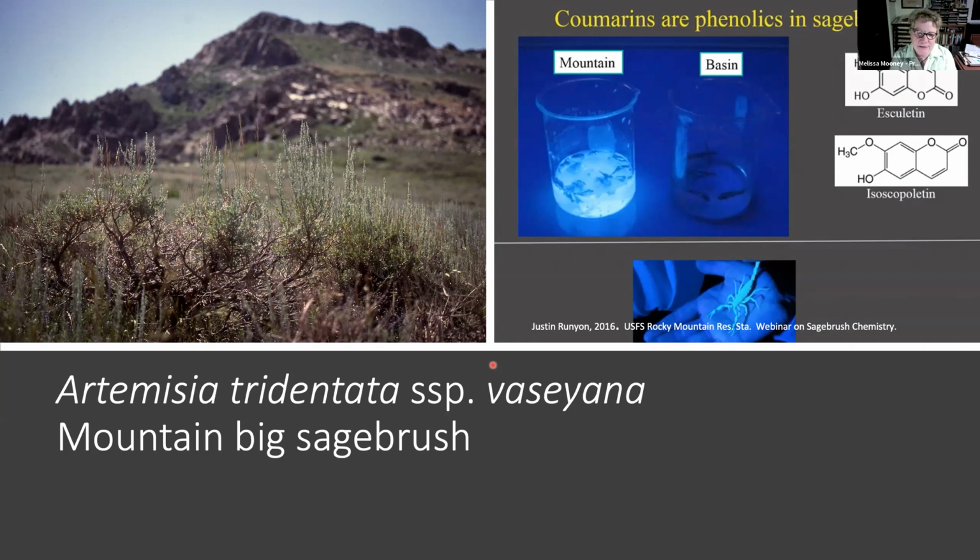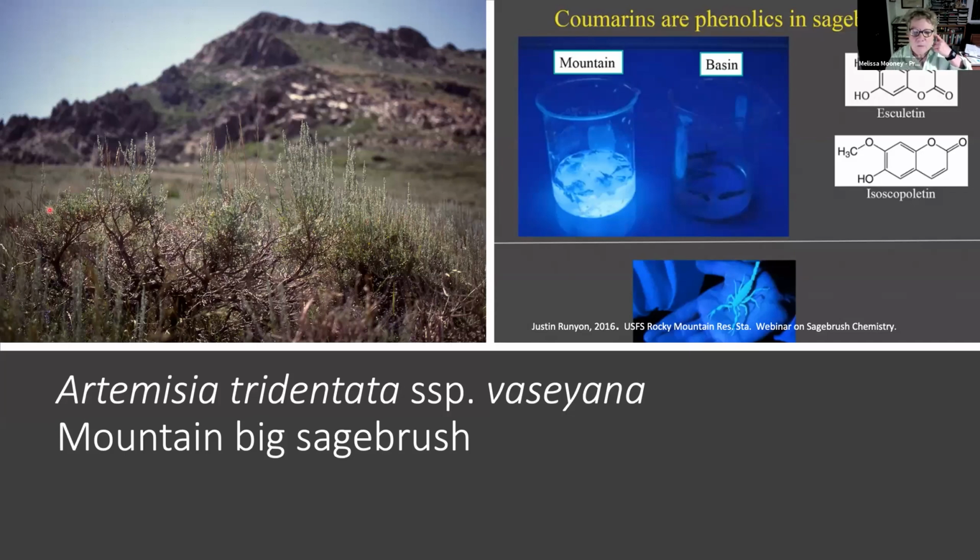And one of the things I did at each of my sample sites was I collected specimens, and I would go back to the lab at the university and take the leaves, pop them in water, and get my little UV light out and see if they fluoresced, because mountain big sagebrush leaves fluoresce under UV light, but basin big sagebrush does not. So this became very crucial, because sometimes just looking at the aspect of the plant,